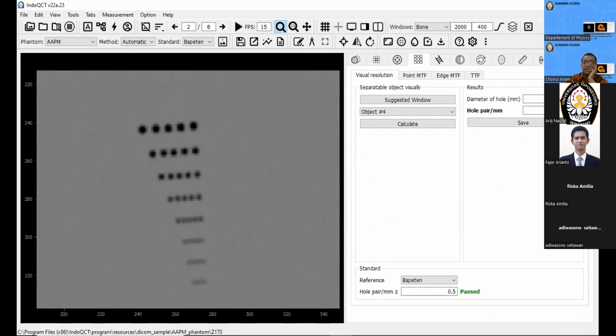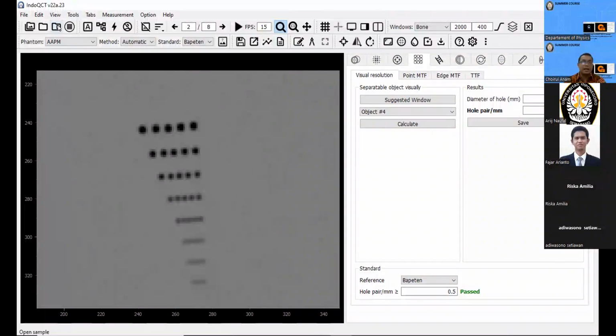Of course, this value also passes. This is at the limit of the standard. Okay, this is the visual observation on the AAPM Phantom.